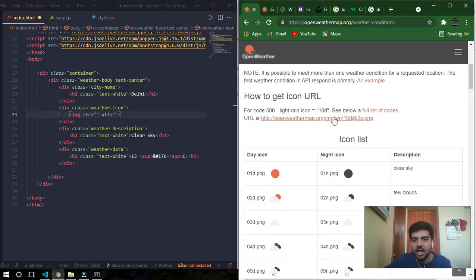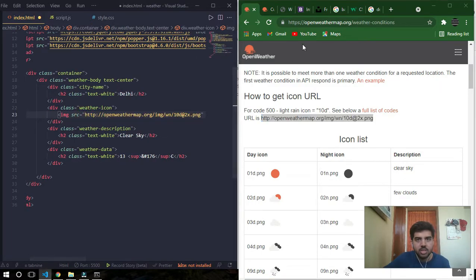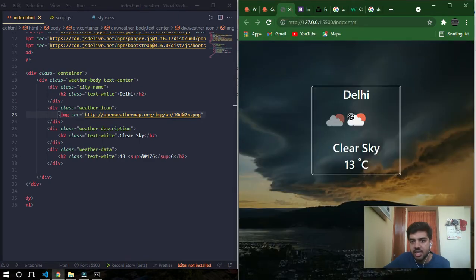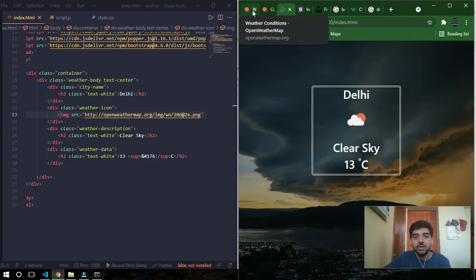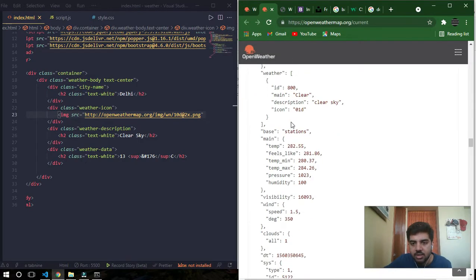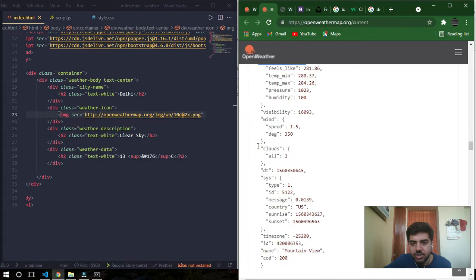first add this thing. So you can just see there's an icon. Then this is not the actual data. We are going to fetch the actual data. This is just temporary data to set the CSS fields. Then we are going to grab the temperature, humidity, then wind speed. I'll just grab the humidity, which may be useful to some people.